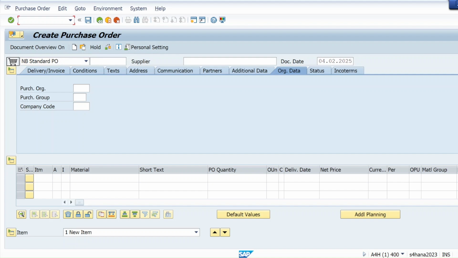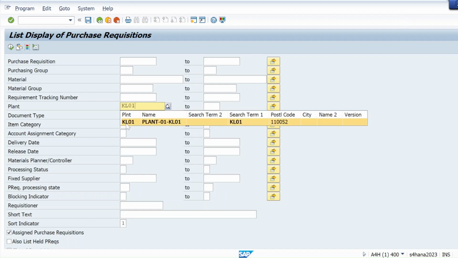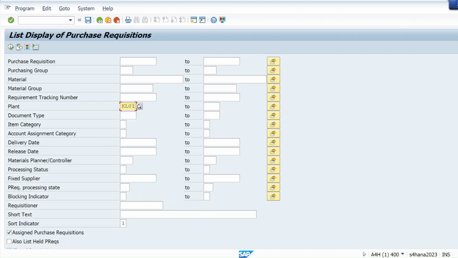But right now, if the client just wants to see the list of purchasing documents, which T code is he going to use? ME5A. So we will use ME5A, and from here itself we will mention our plant and document type. Here you can see the field is there as document type.